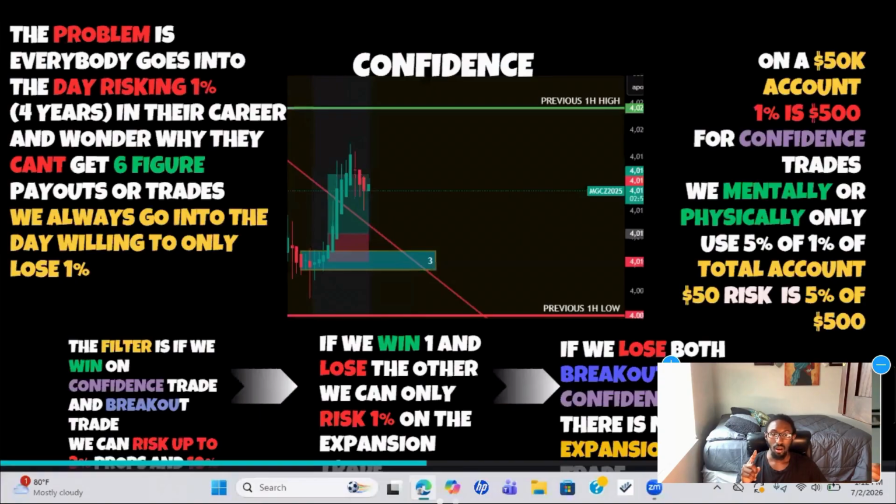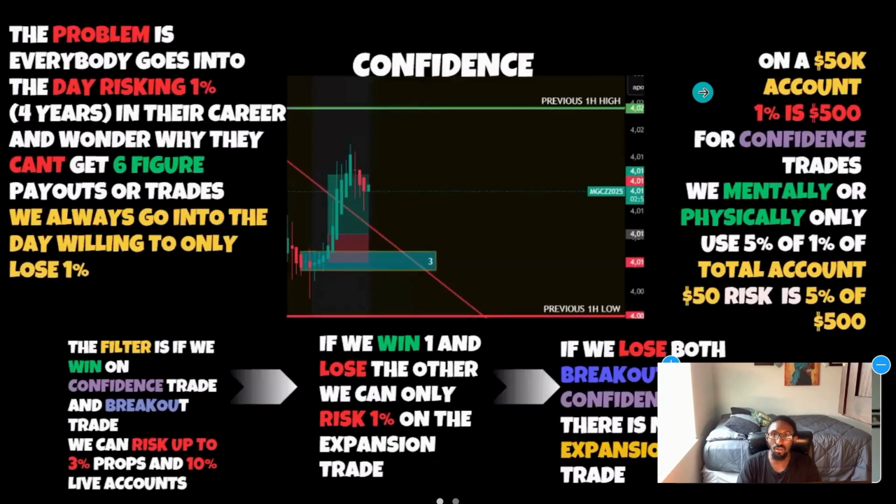It's a difference of leveraging over 1% versus losing 1%. And when you hear people say don't risk over 1%, that's usually them saying don't leverage over 1%. And they don't even want to lose 1%. They probably want to lose 0.25%. And they ain't even aiming for nothing. It's cool to risk 0.25 if you got something high that you risking, right? Like if you got $1, you want to risk 25 cents, but you aiming for 10 more quarters, then that's raw, you know? So the filter is, if we win on confidence trade and breakout trade, we can risk up